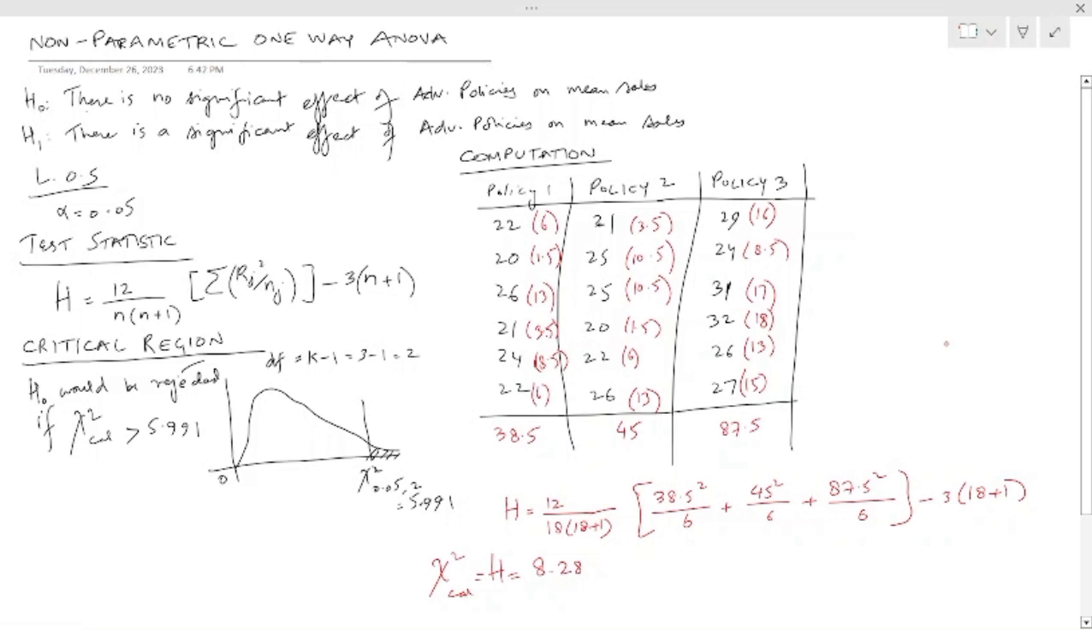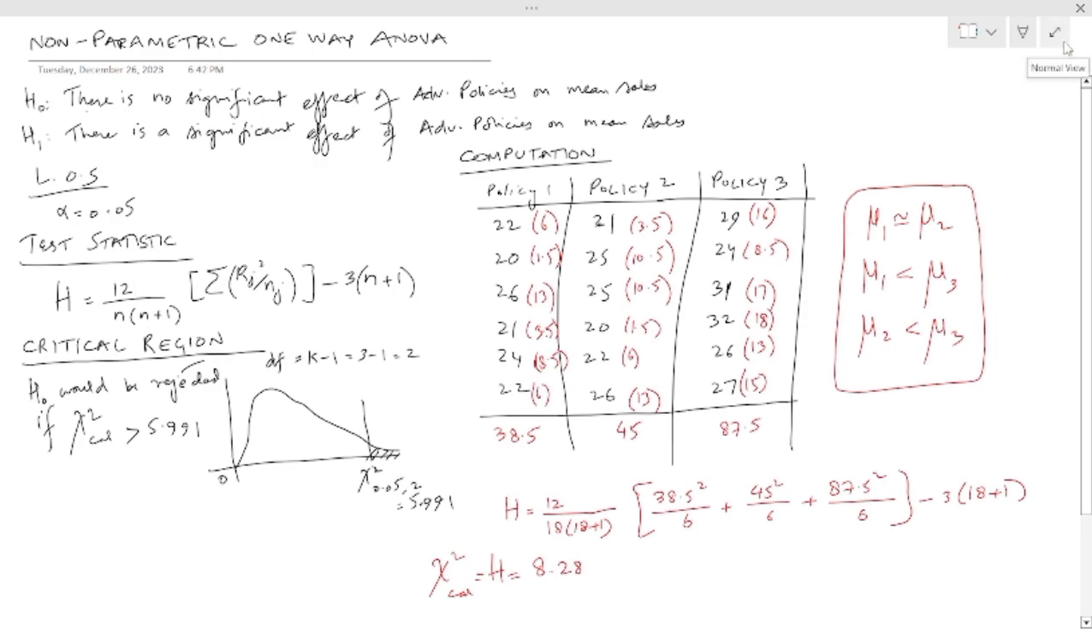Therefore, we can say that compared to the previous case, our finding is the same, and that finding is mu1 is nearly equal to mu2. Mu1 is significantly less than mu3, and mu2 is significantly less than mu3. So we have ended up with the same findings as we had in the case of the one-way parametric application of ANOVA. The next thing that I would like to focus on